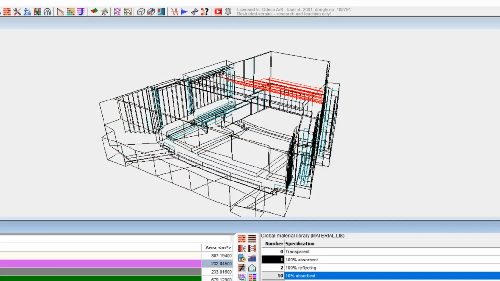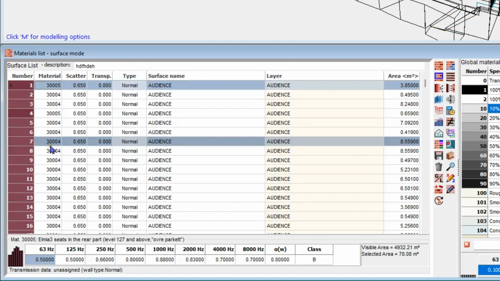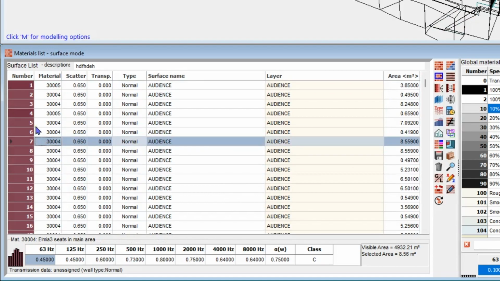The same could be the case for the scattering coefficient, and in that case it would also highlight as red. But anyway, for the layers where you only have one material, it's pretty easy to assign surface material and scattering coefficient for these ones because we know that we are not overwriting multiple versions of it. If you then later on say, yeah, I want to assign some different materials to some individual surfaces, then you are completely free to do so in the surface mode.